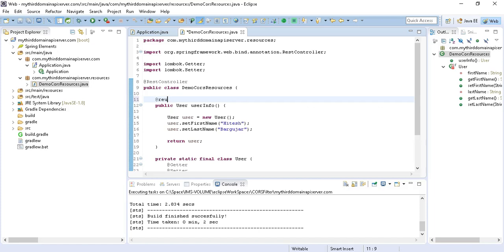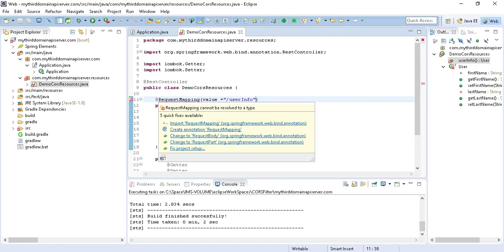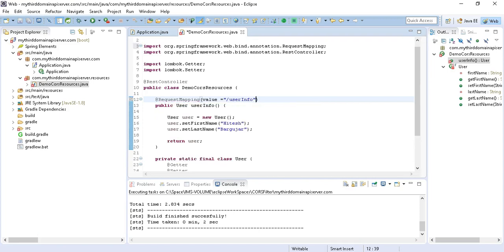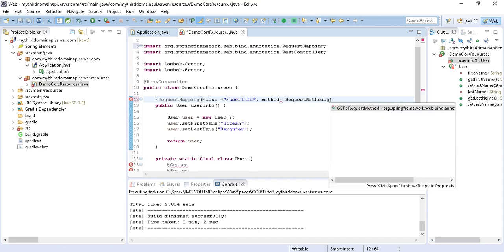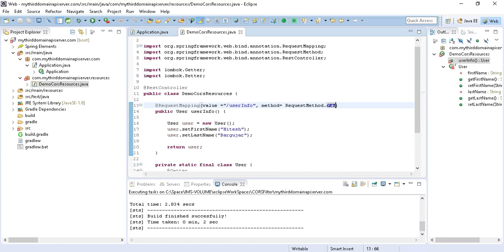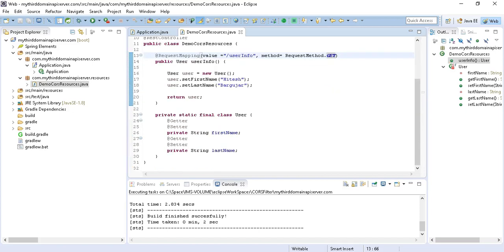I'm going to provide it with request mapping, and value is /user info, and the method is RequestMethod.GET. Cool. So this is more or less what our Java app will be doing, and just to put a little more configuration for the startup,